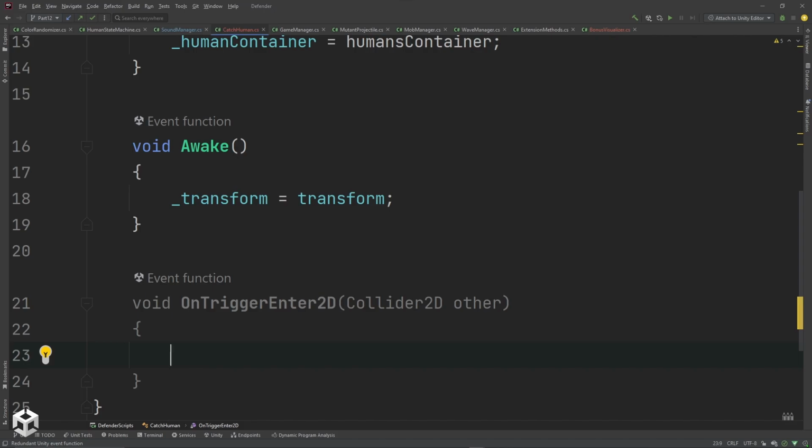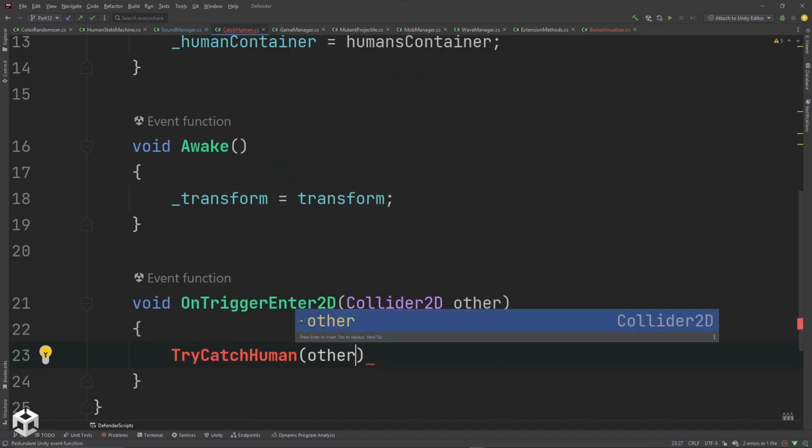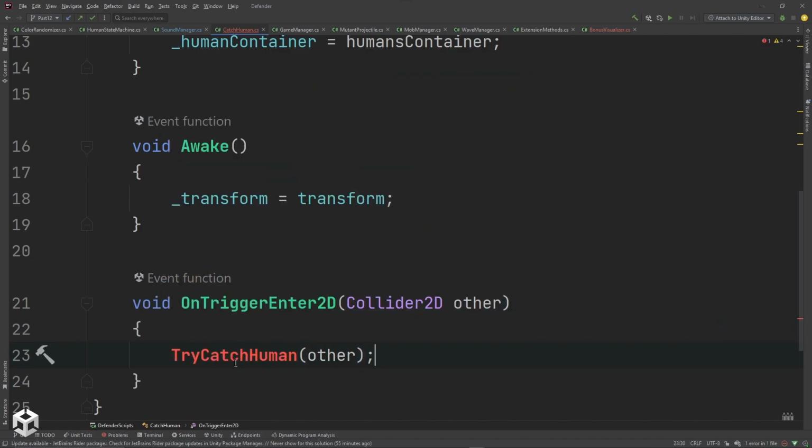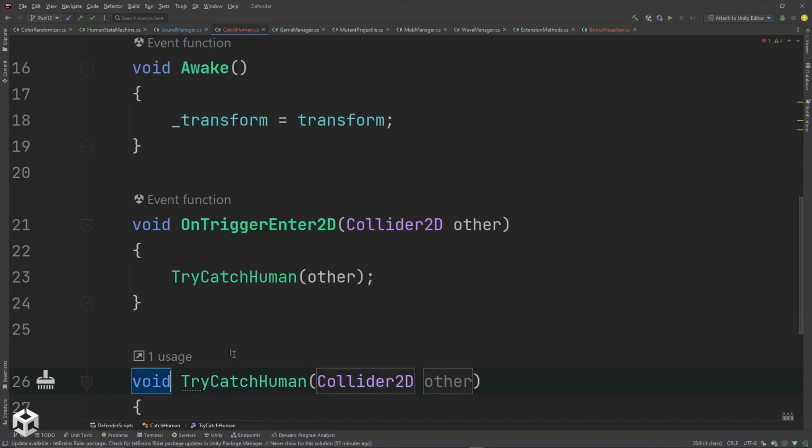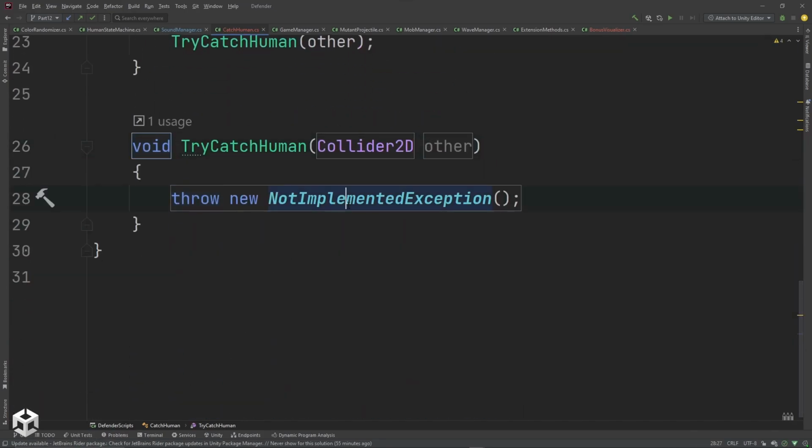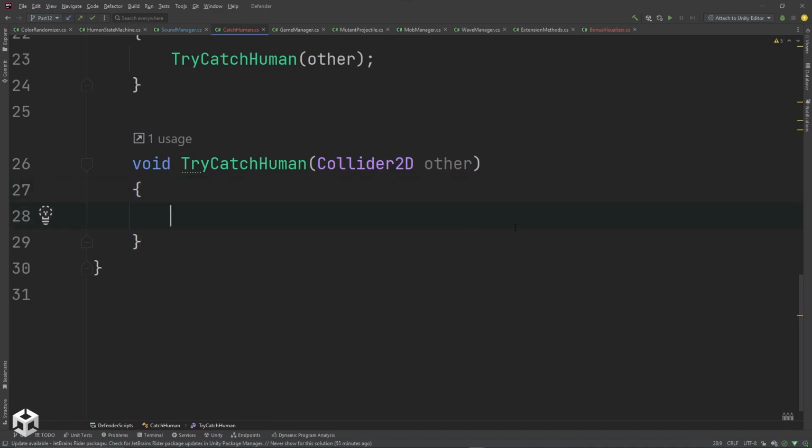And I'm just going to delegate this work to another function that I'm going to call TryCatchHuman, and I'm going to pass in that collider. Generate that function. So the first thing I want to do is see if the thing that we hit is a human with a human state machine on it. So I'm going to say if not,